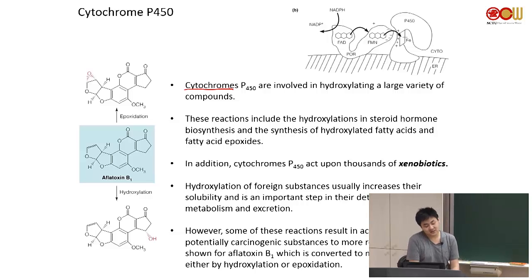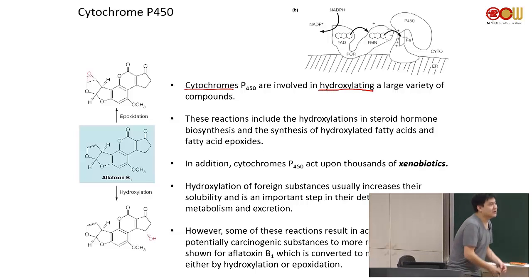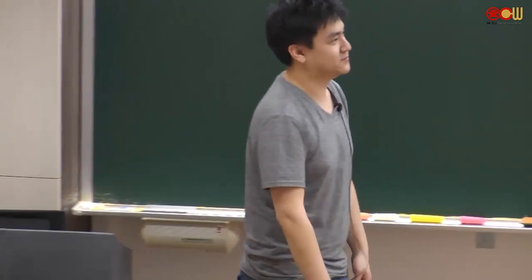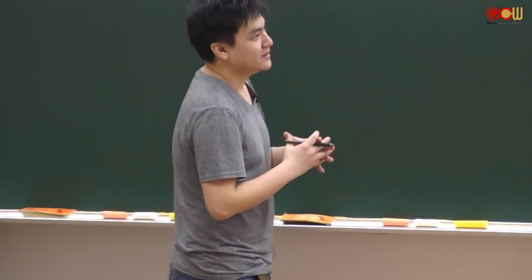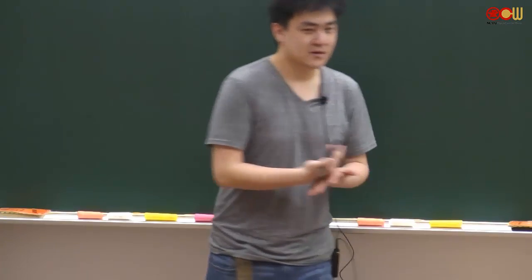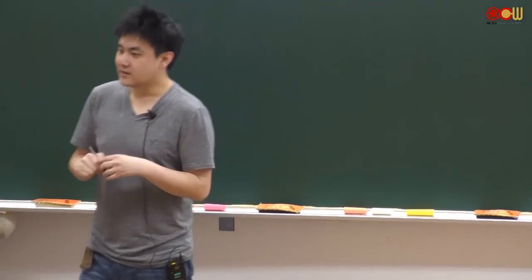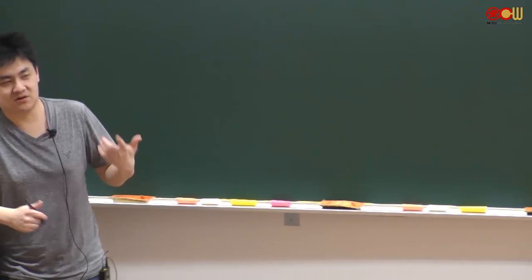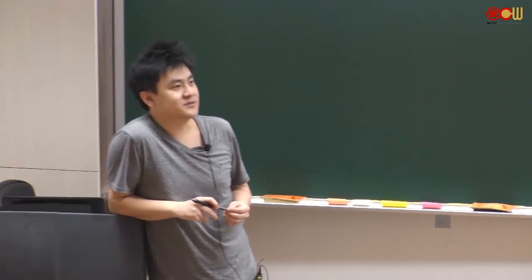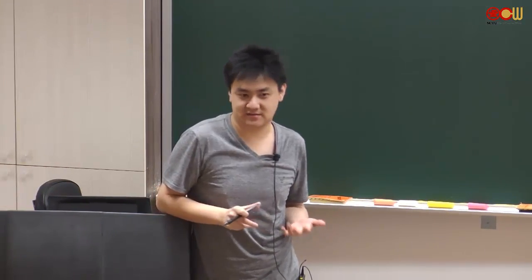But regardless, okay. Cytochrome P450 is a very powerful type of enzyme. It's not one single enzyme. It's a very powerful type of enzyme. Okay. The reason for that is because they are involved in doing hydroxylation. Okay, hydroxylating a bunch of variety of compounds. Okay. Why is that important? Why is that important? Because if you are, you know, aware of like the source of drugs, like if you're